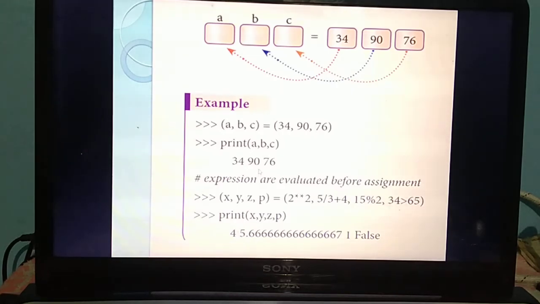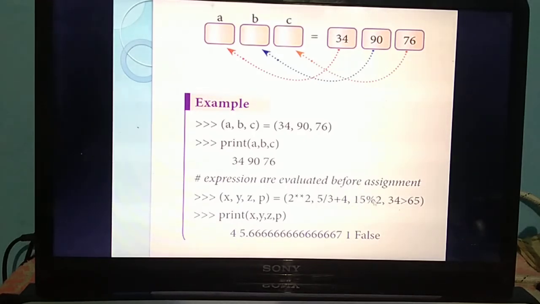Understand? If you are giving some expression, the expression is evaluated first and after that only you will get the result. For example, listen, x, y, z, p. How many variables are given? 4. Here first the value of x is given as 2 into 2. What's the value? 4. Next, 5 divided by 3 plus 4. 5 divided by 3 will come as point something, plus 4, so 5 point something will come.